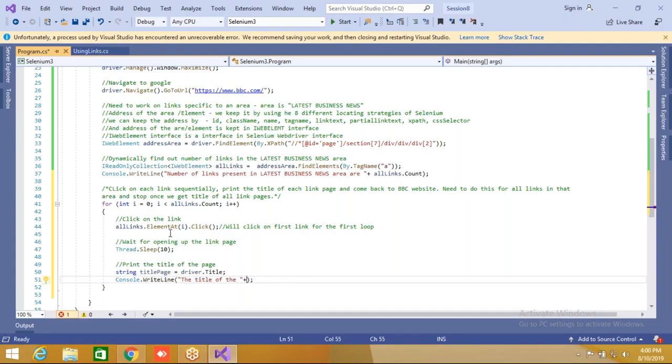Concatenate. How do I get the first link? Title of the first link page. How do I get first? If I put the variable i, it will be 0. That is the index number. And remember, the number of links is 5. Index number starts at 0, ends at 4. If I say i plus 1, this will give me the first link. The title of the first link page is, concatenate